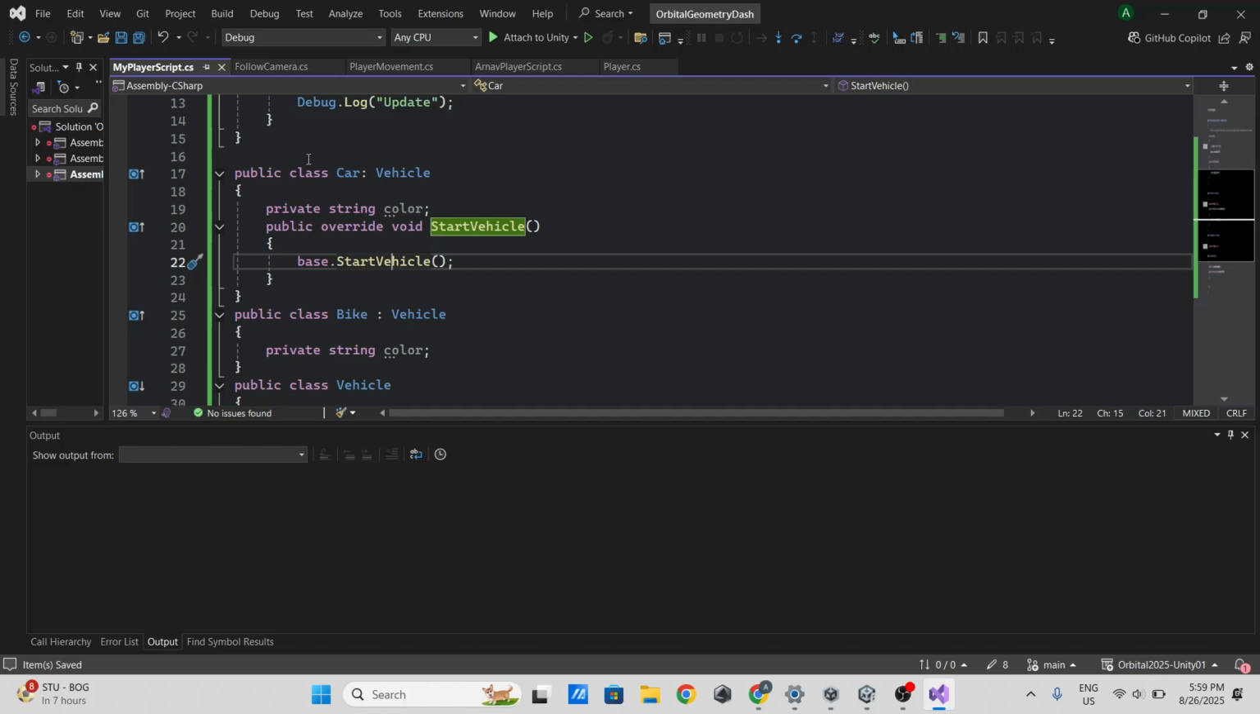For example, before I start the vehicle for a car, I want to, what's it called, turn the keys. So I'll say Debug.Log turn keys, then start vehicle for this car. There are some more interesting things. There's something called polymorphism. I think I wouldn't have time to cover this over the lectures, but basically,